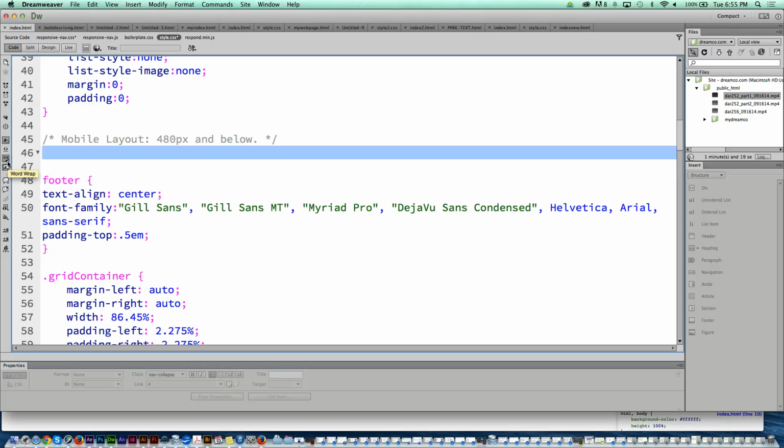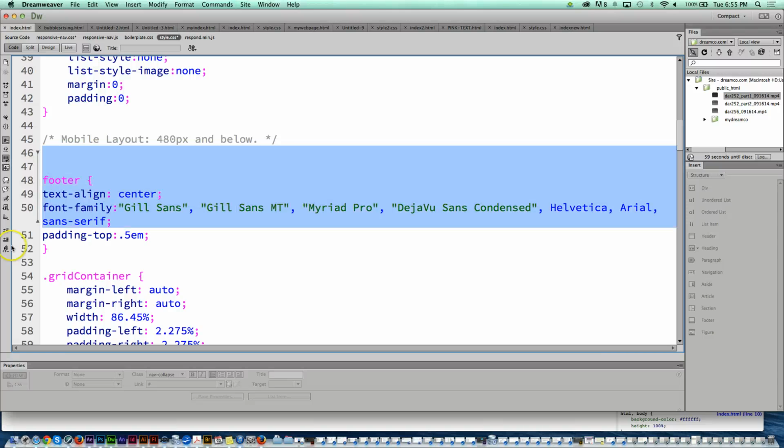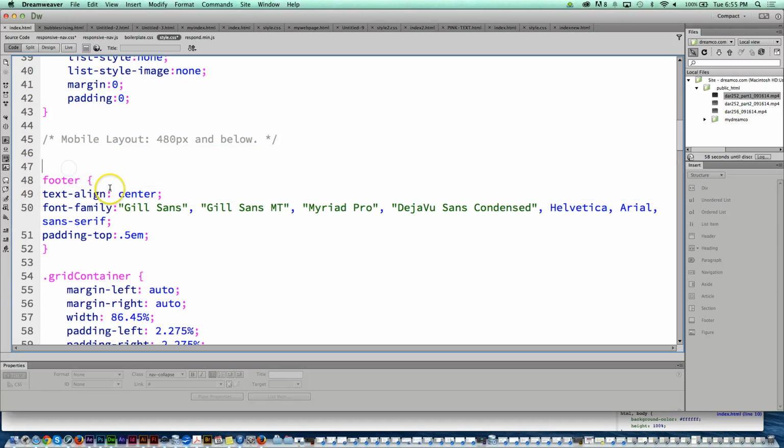But so here, the people at Dreamweaver, who, if you recall, we used a template called a fluid layout template, they have already gone in and made comments to help us out. And what they've said is that when you hit this part of the style sheet, you are now using styles that are only for mobile devices with a width of 480 pixels or smaller. Okay? And so every style that you put in this area will only show up on mobile devices.